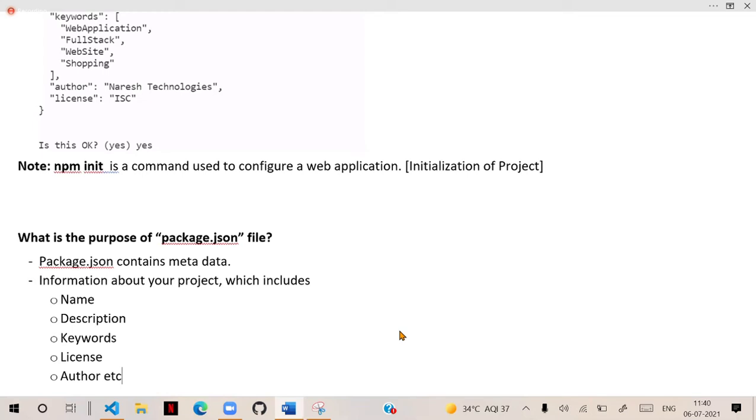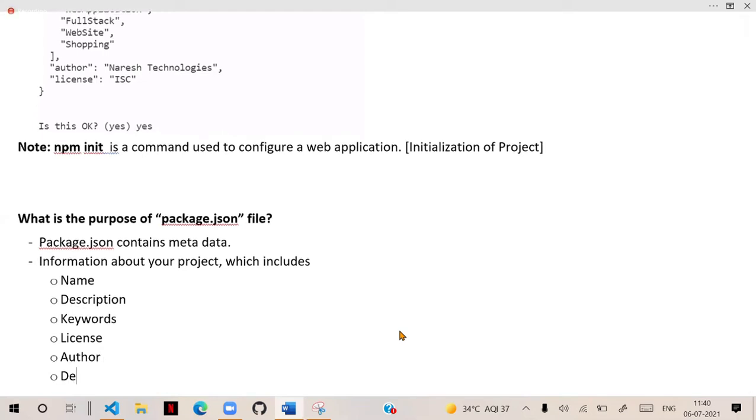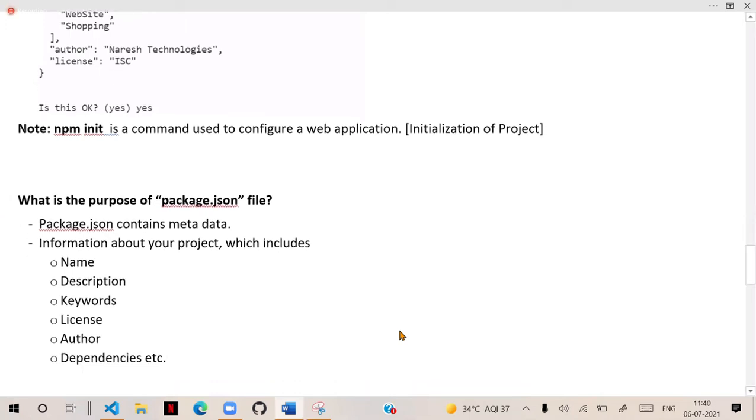Not only that, later you will get some more, like dependencies, and later some more details will come into it. I will show you them. These are all defined inside package.json.